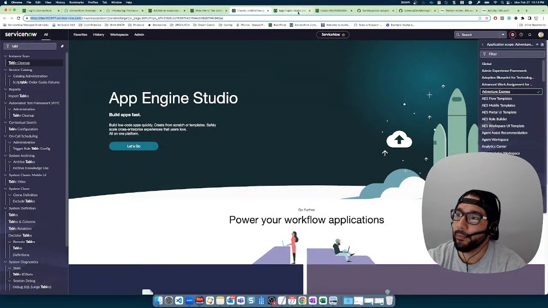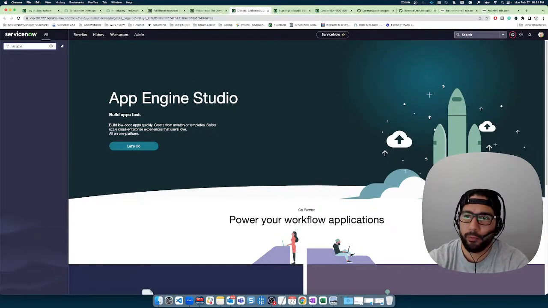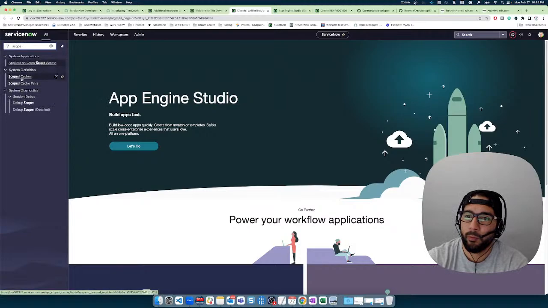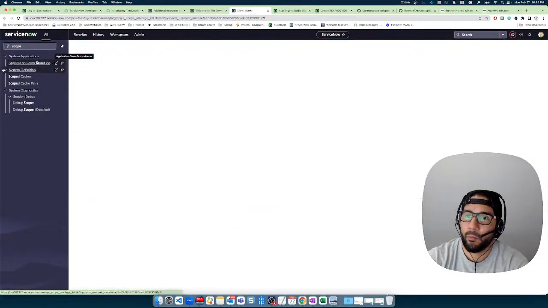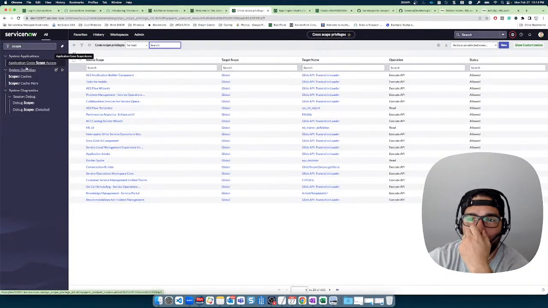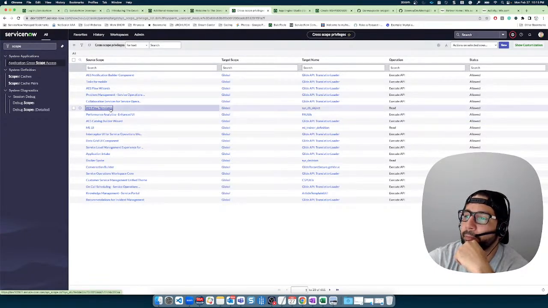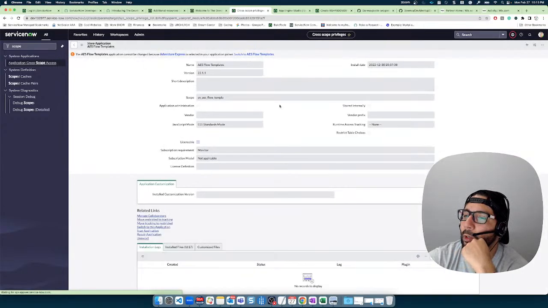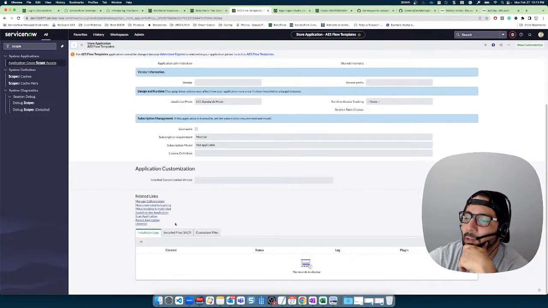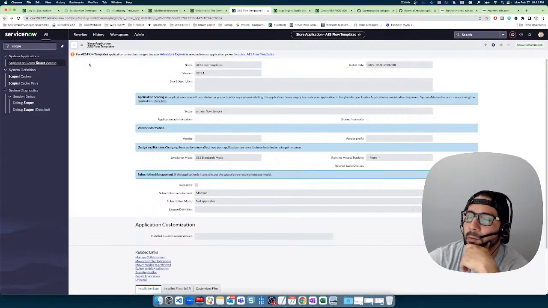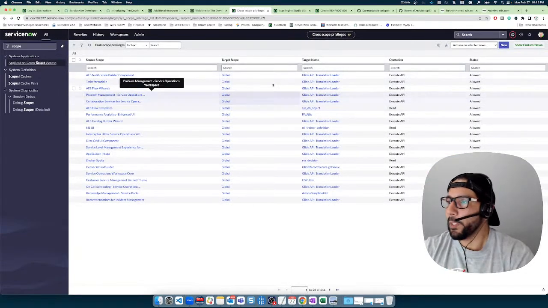Okay. There's our scope. It's not there. Scope. This is a big one. Application cross scope access. What does this do again? Oh, you can give it access. Wow. Okay, so